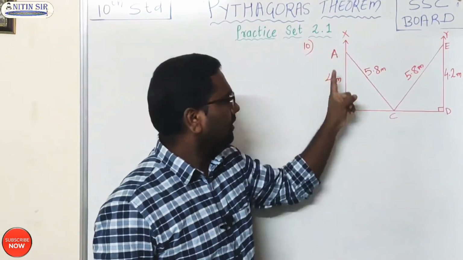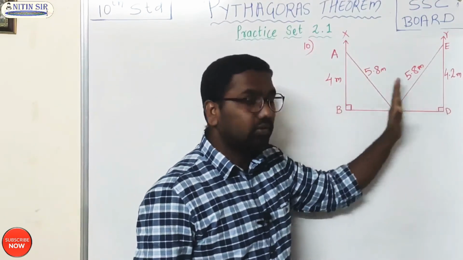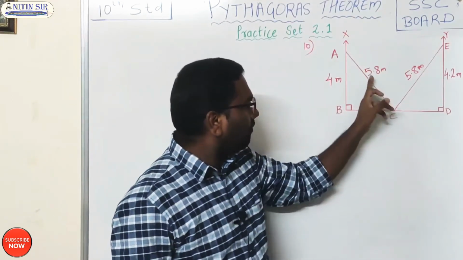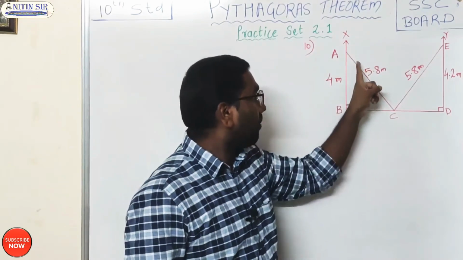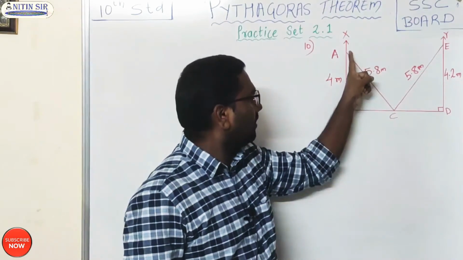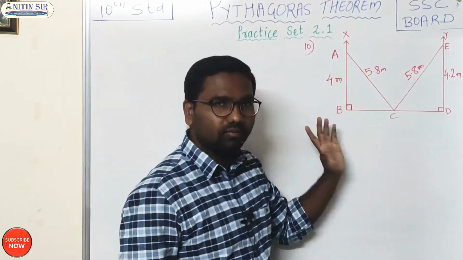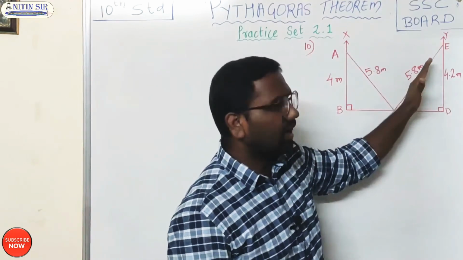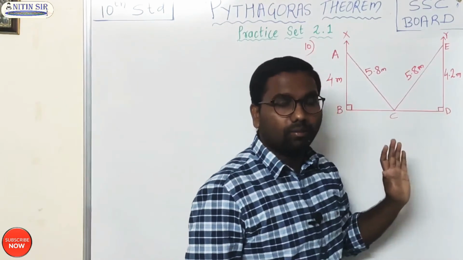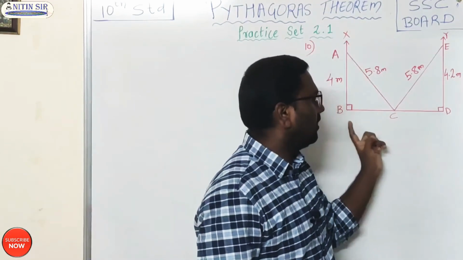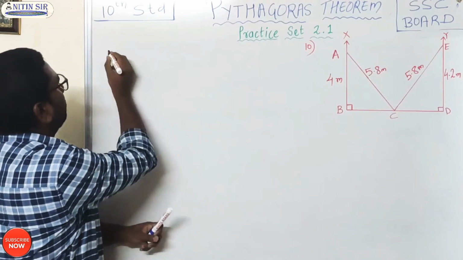Walls of the two buildings, this first wall and second wall, they are parallel to each other on either side of the road. A ladder of 5.8 meter is placed on the building. The top of the ladder reaches the window of the 4 meter building. This is the height of the building, and when it is turned to the other side, its top reaches the window of the building of 4.2 meter. Then we have to find the width of the street. This is the question. We'll write the solution of this question.